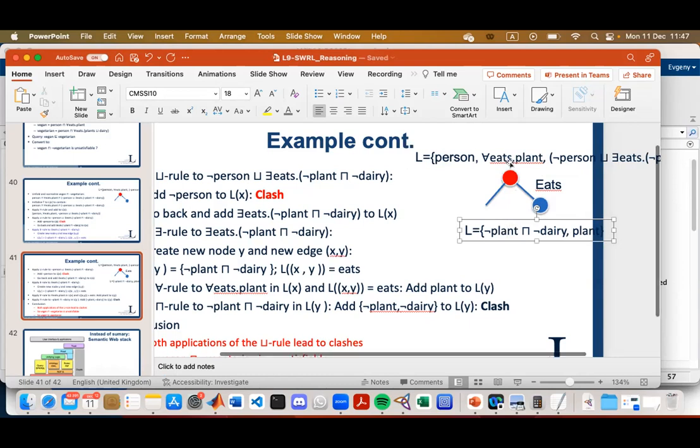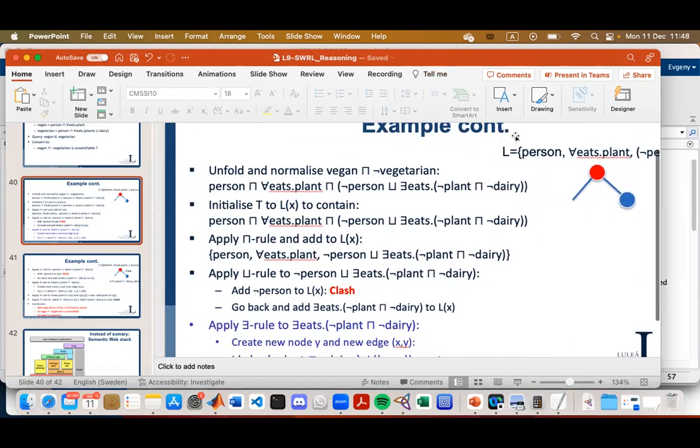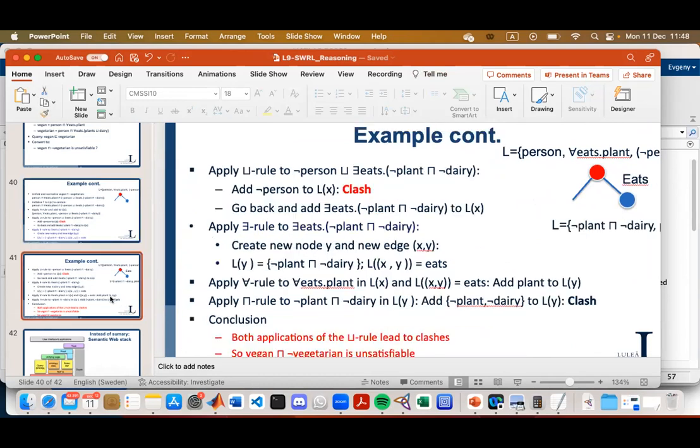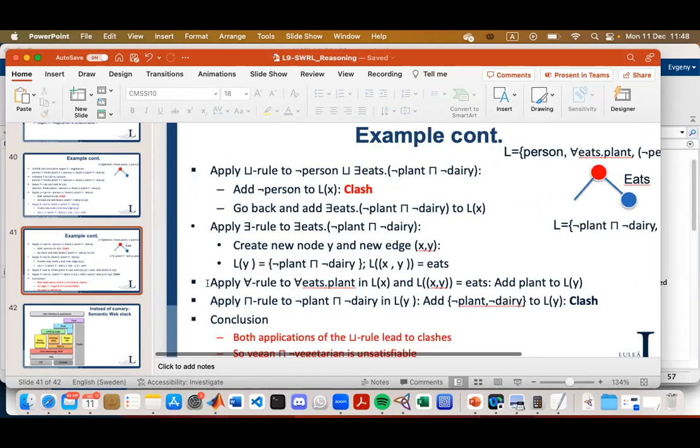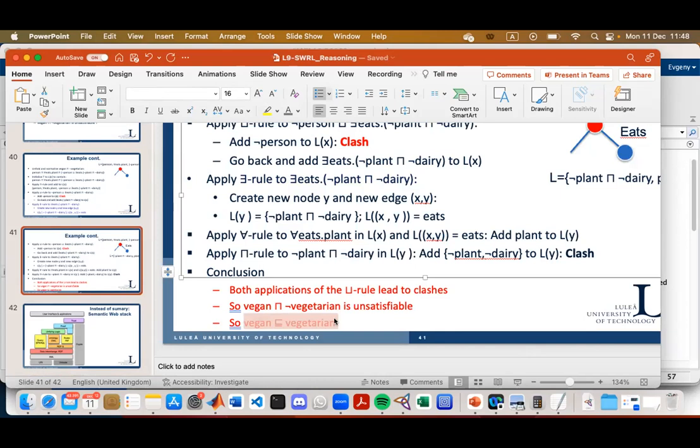So basically, in this very simple example, the algorithm broke down the initial model of this form into the cases where it cannot be further expanded because it reached the atomic sentences, and in both cases, while unrolling, it encountered a clash situation. That means that basically we have shown that the subsumption property holds.